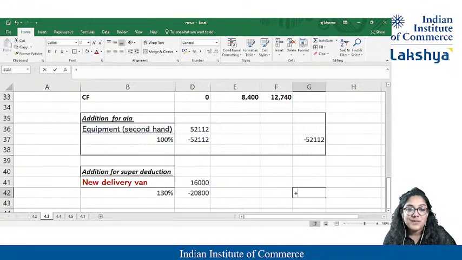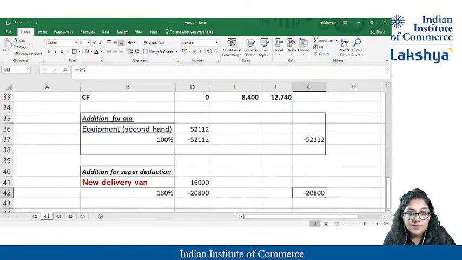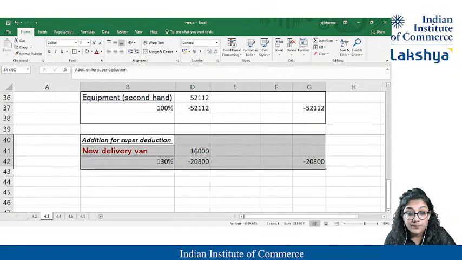2800. So this becomes my allowances for this. Yes. Cool. Perfect. So my SR over here, special deduction, is also cool. Ma'am, by now I would have got this much. By now I would have got this value over here. Sure. This is my super deduction. So I just deducted my super deduction also.